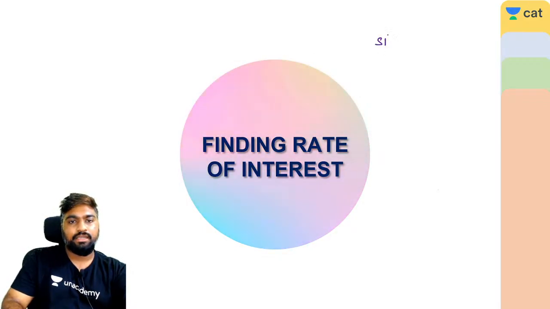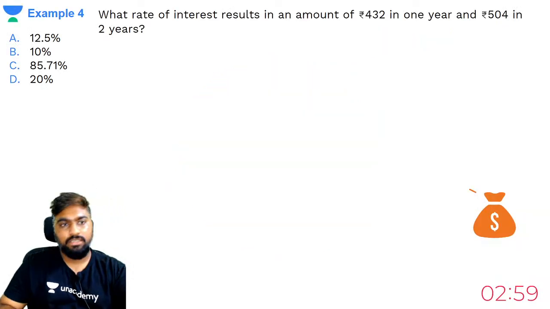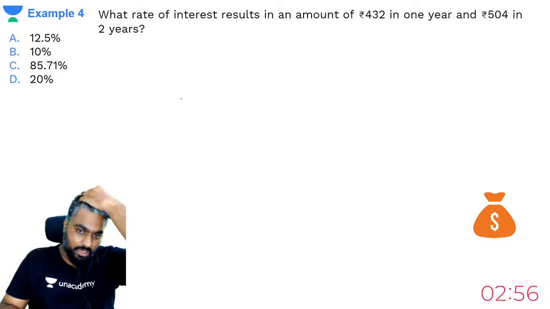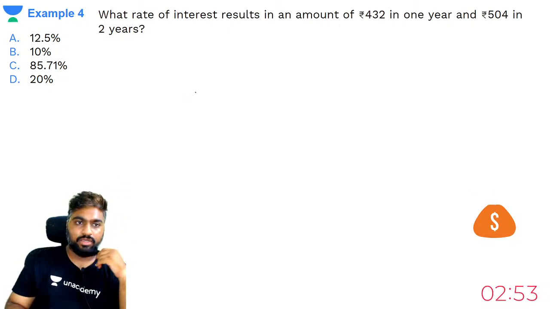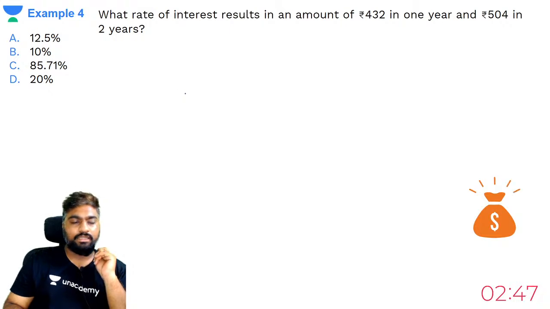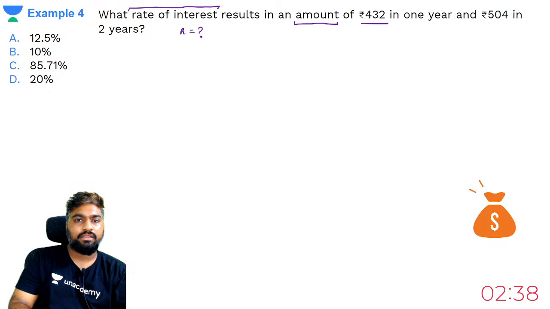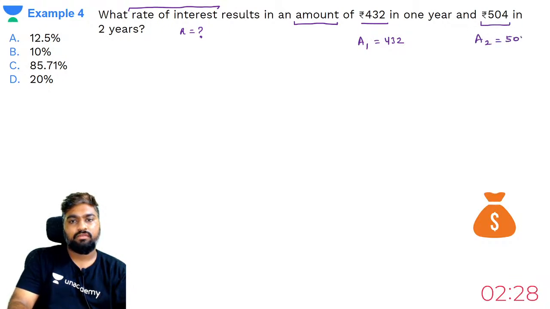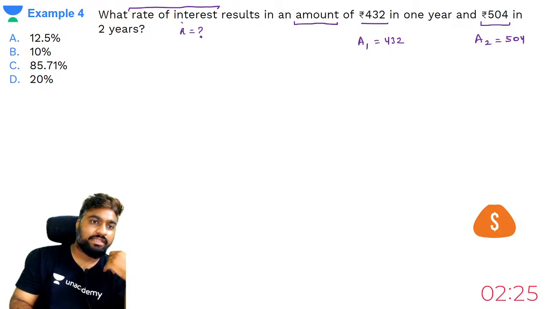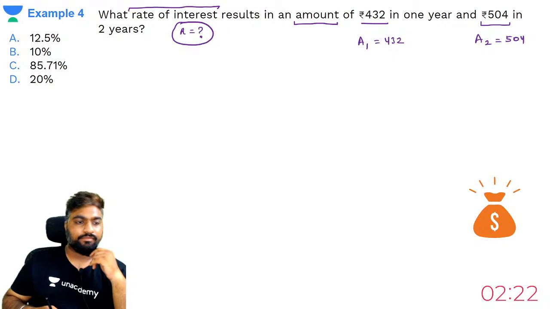चलो, now let's go do some questions on simple interest। सिंपल इंटरेस्ट में ही रेट ऑफ इंटरेस्ट कैसे निकालते हैं। How to find out the rate of interest when principal is given or interest amount for 2 different years are given and so on. So read this question, what rate of interest results in an amount of 432 in 1 year. So amount in 1 year is 432 and 504 in 2 years. इसका रेट ऑफ इंटरेस्ट निकालना है।